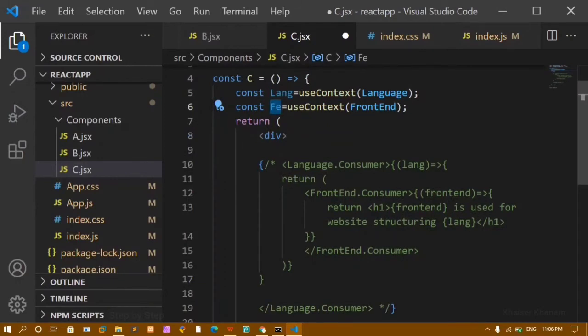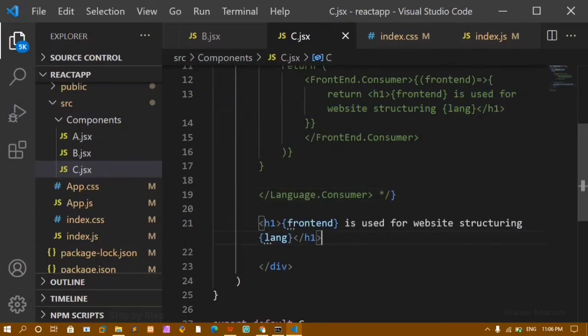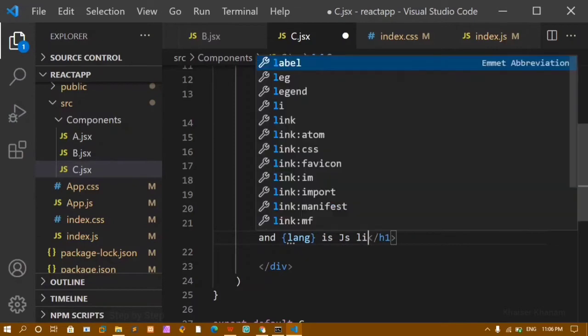Now to print that one, let me copy this h1, and here below this I'm going to paste that one. I'm printing front end, and finally I'm printing this language. Front end is HTML, used for website structuring, and React is a JavaScript library.